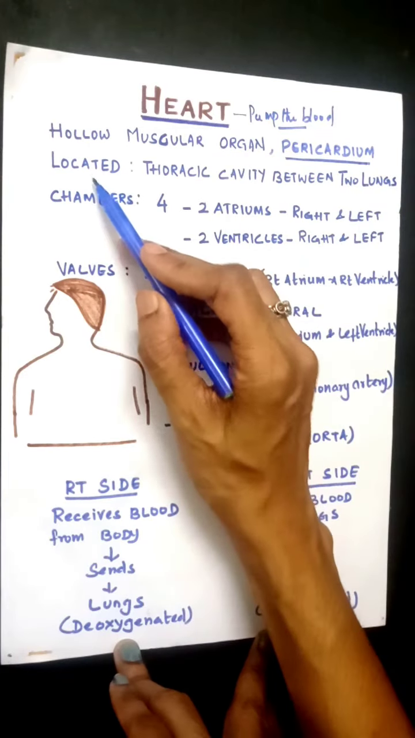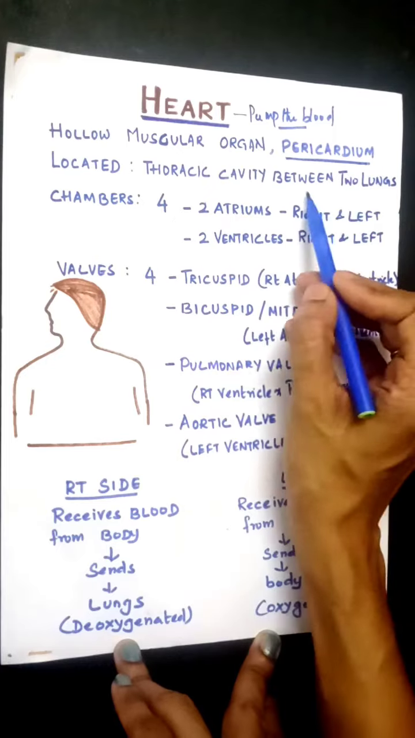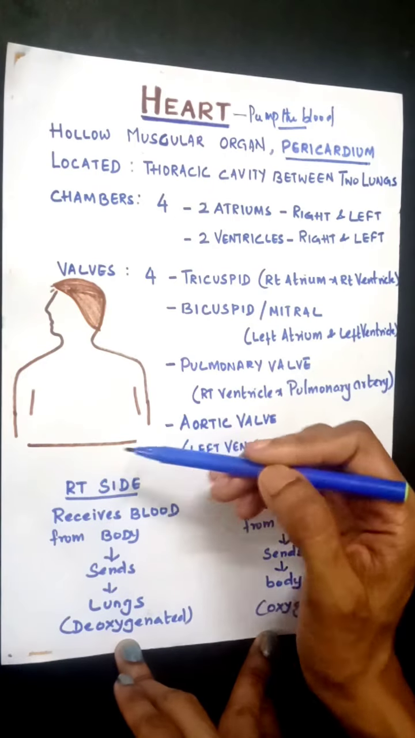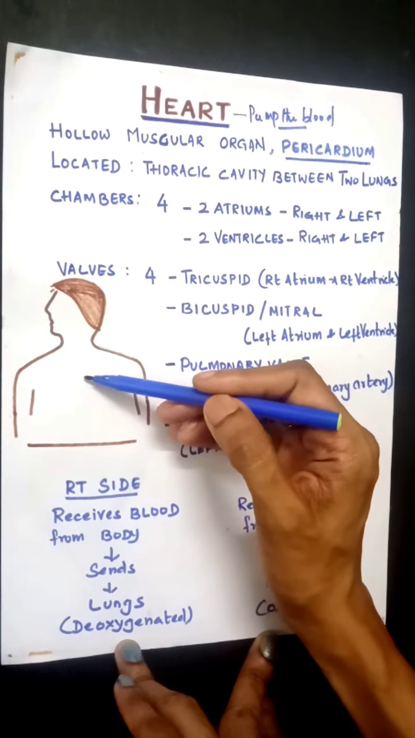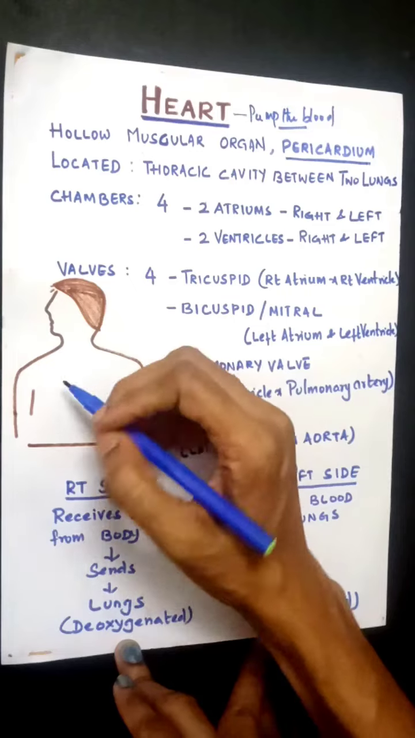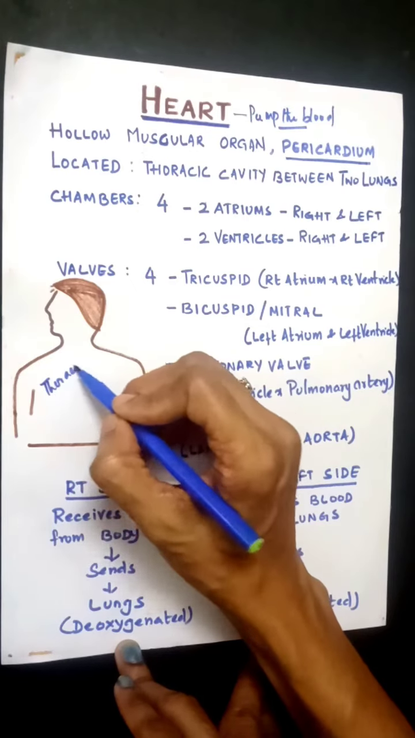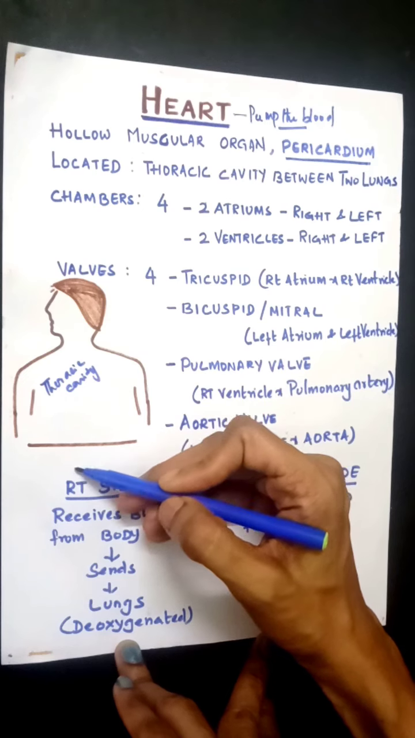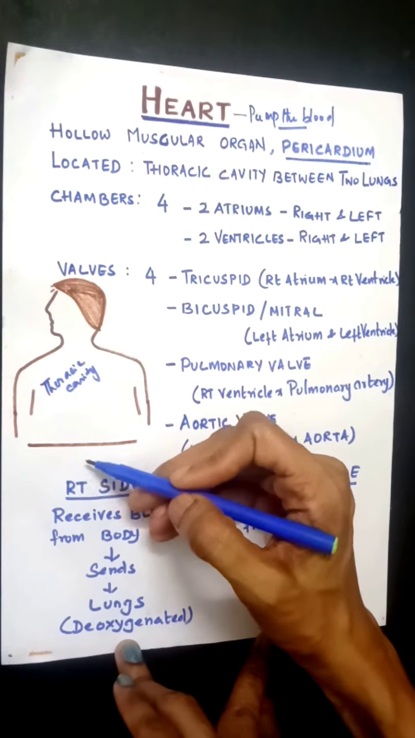So where is the heart located? It is located in the thoracic cavity between two lungs. You have a sheet of muscle called diaphragm. The cavity above the level of diaphragm is called the thoracic cavity, or the chest region. What you normally call chest is the thoracic cavity. And the cavity which is present below the sheet of diaphragm is called the abdominal cavity, where you have the